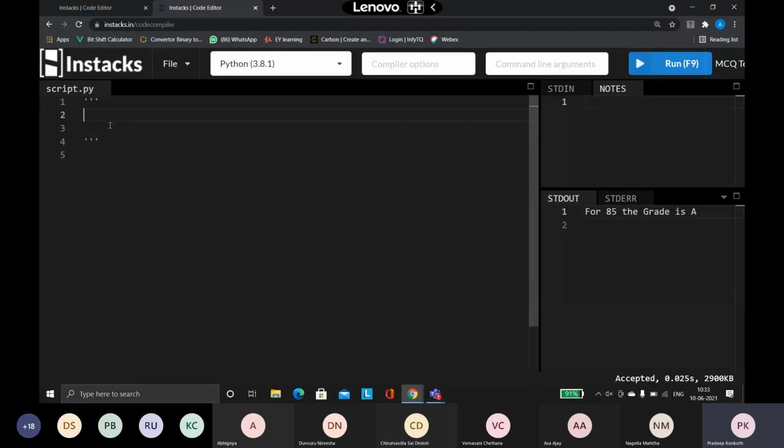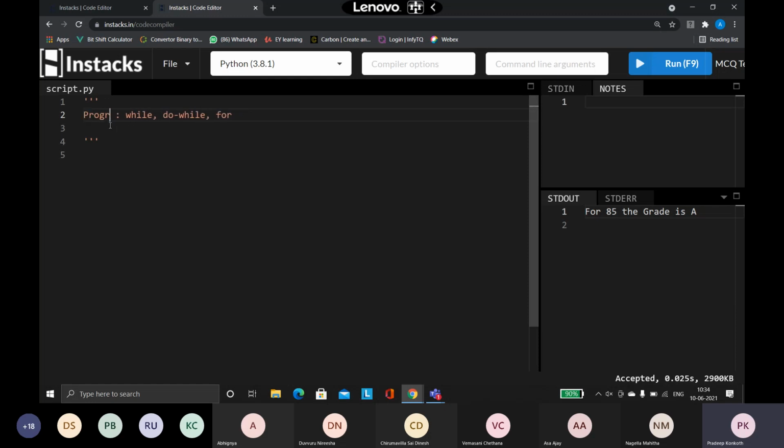In any programming language, we have three types of loops. We have a while loop, we have a do while loop, and then we have a for loop. Normally in programming languages, these are the three types of loops that you will have.